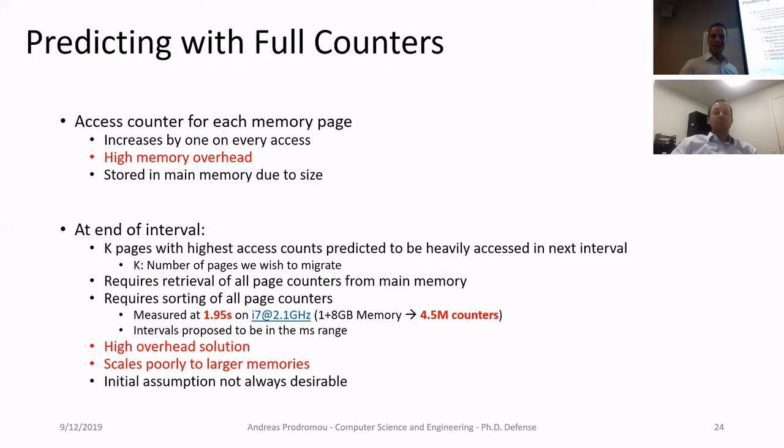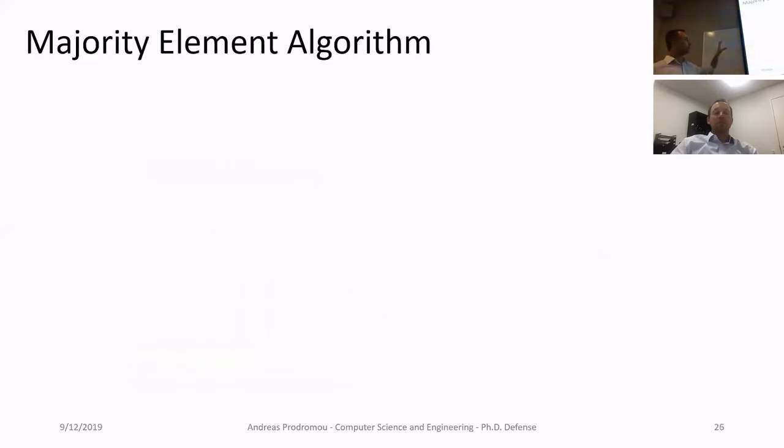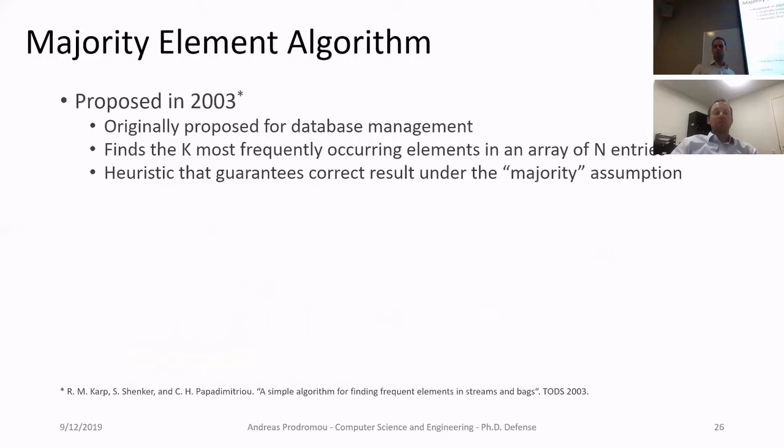But because of all these challenges, we wanted to do better. The way we did is we adopted this majority element algorithm that was proposed in 2003 for database management. What it does is it finds the k most frequently occurring elements in an array of elements, which is exactly what we were trying to do with full counters. Now, this is a heuristic. It doesn't always guarantee a correct answer. However, it is formally guaranteed to provide the correct answer if this majority assumption holds, which for this presentation,